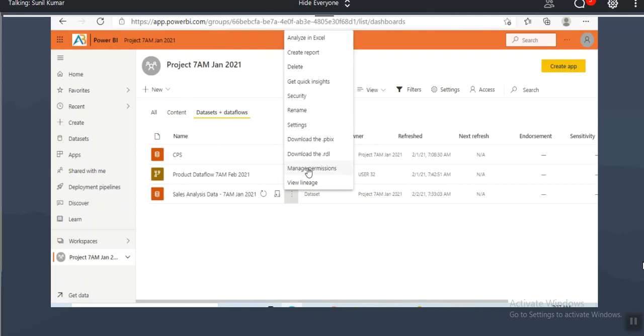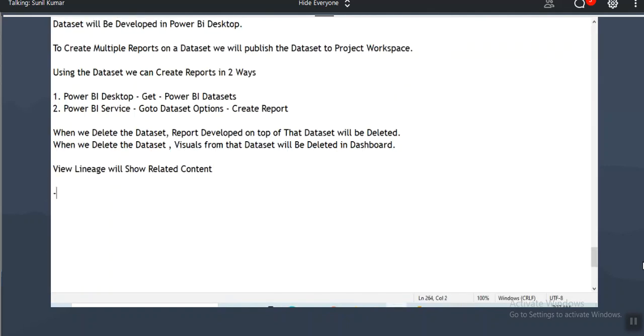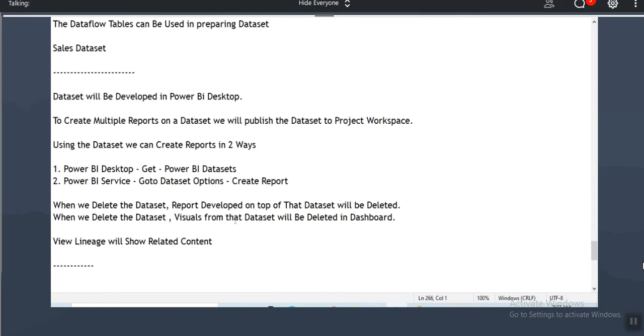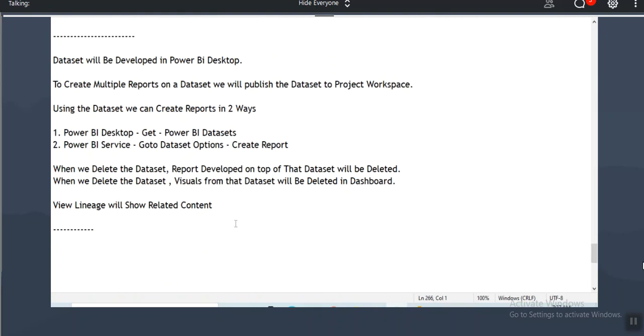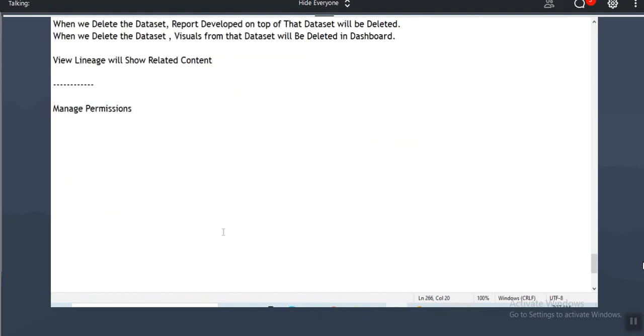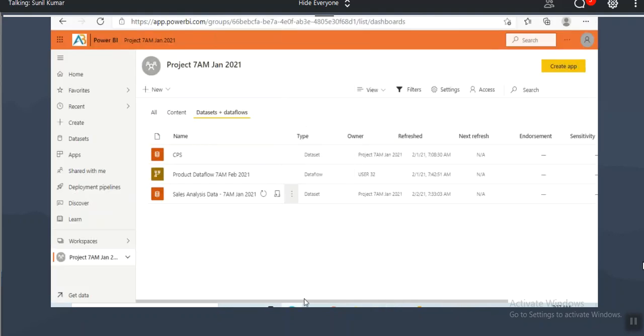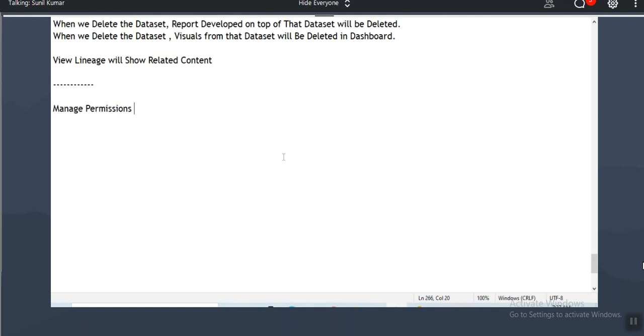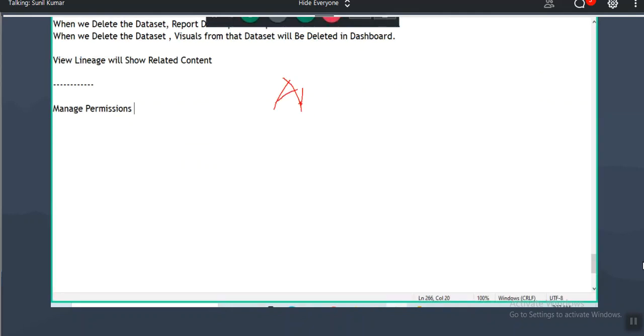And there is an option called manage permissions. What is this manage permissions? Let's talk about it. Say I joined ABC company.